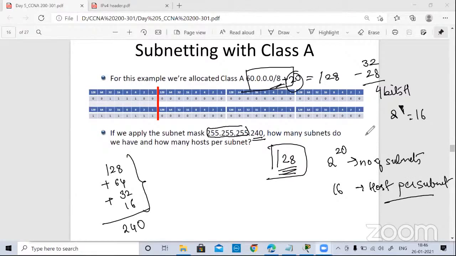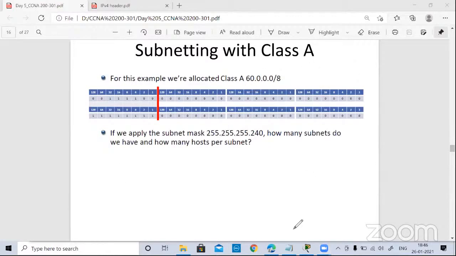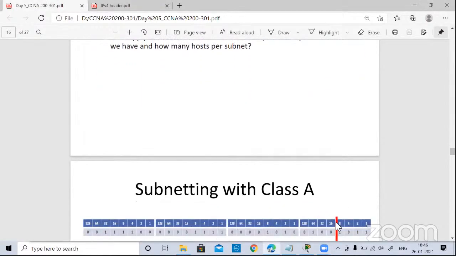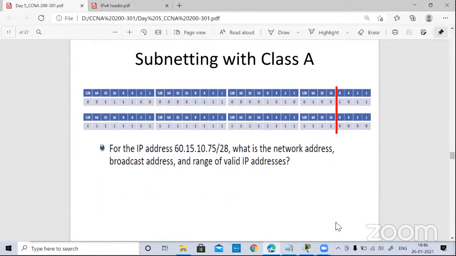Okay, very good. So I hope this is clear now, how to calculate the number of subnets, how to calculate the network address and the broadcast address, right? Do you want more examples on this, or should we go ahead with the new topic? One more example, ma'am. All right, okay, let's do it. I have a lot of problems for practice. I'll pass them to Sagar, and then you can practice those problems. I have a lot of problems related to subnetting.